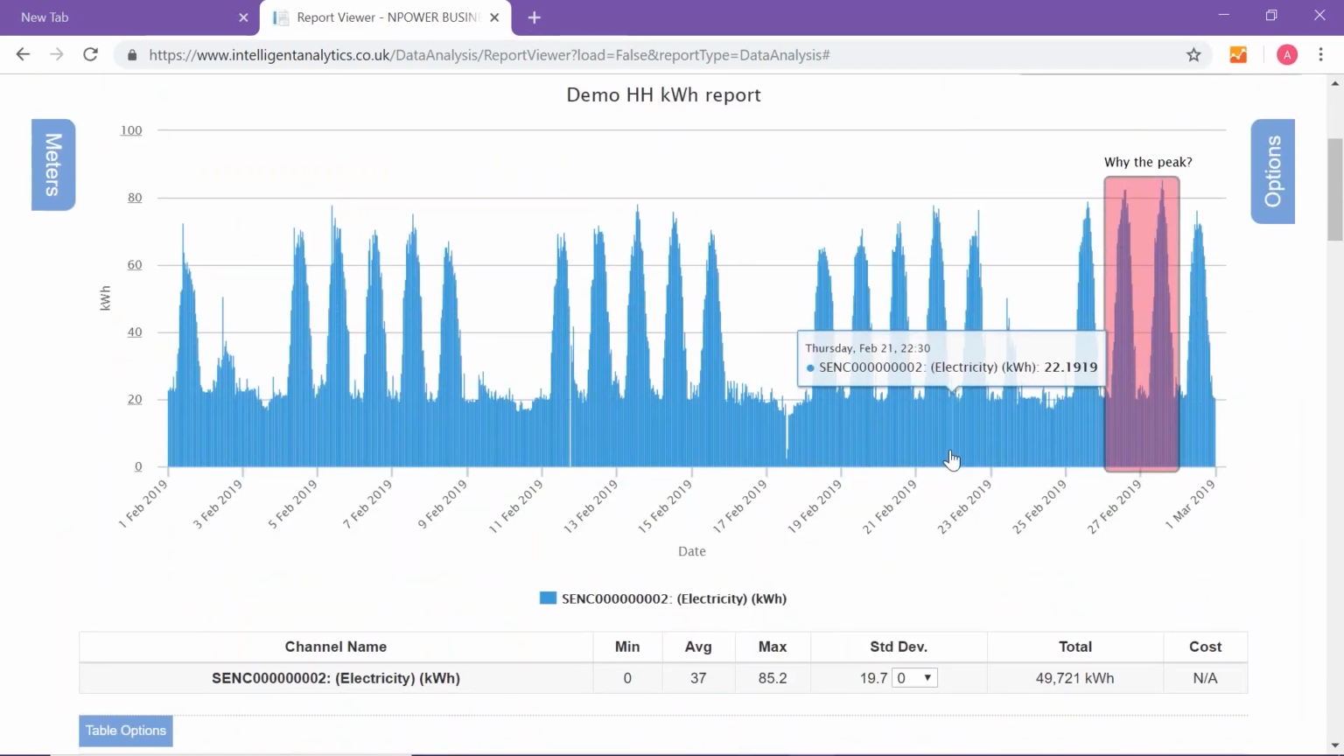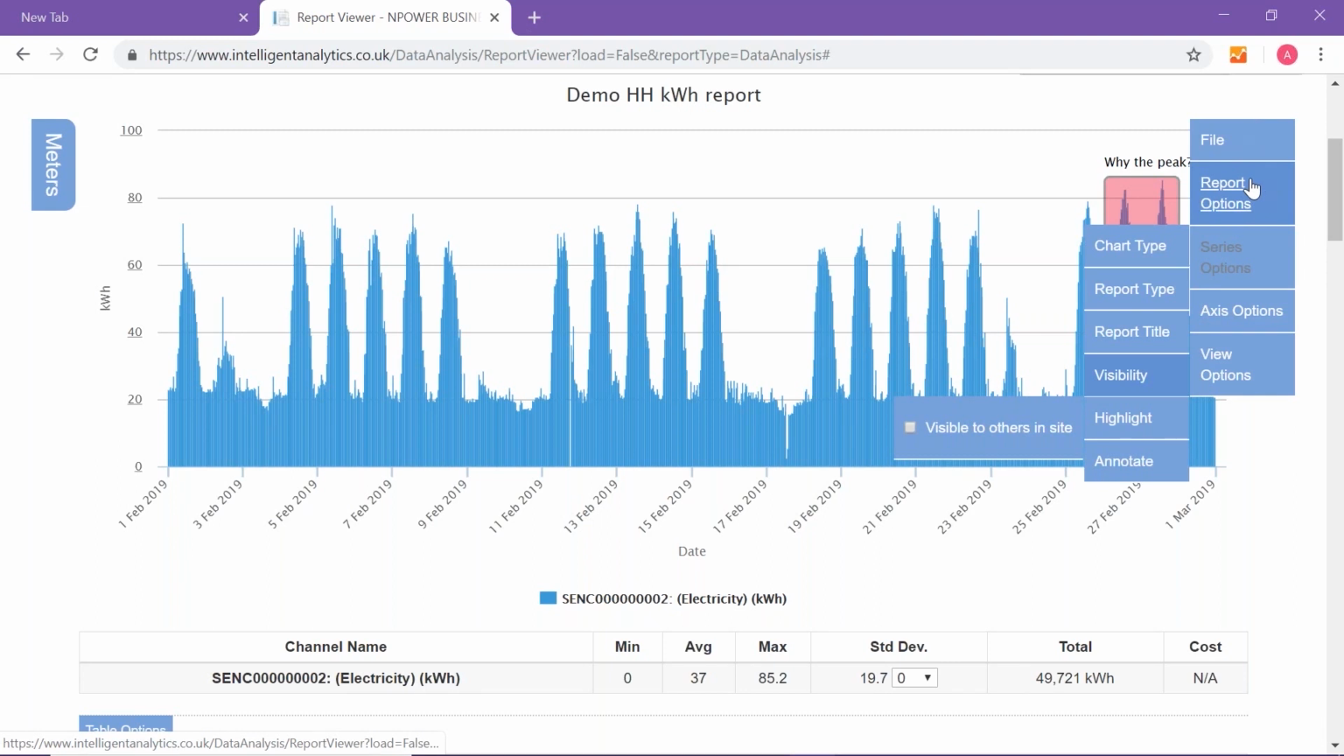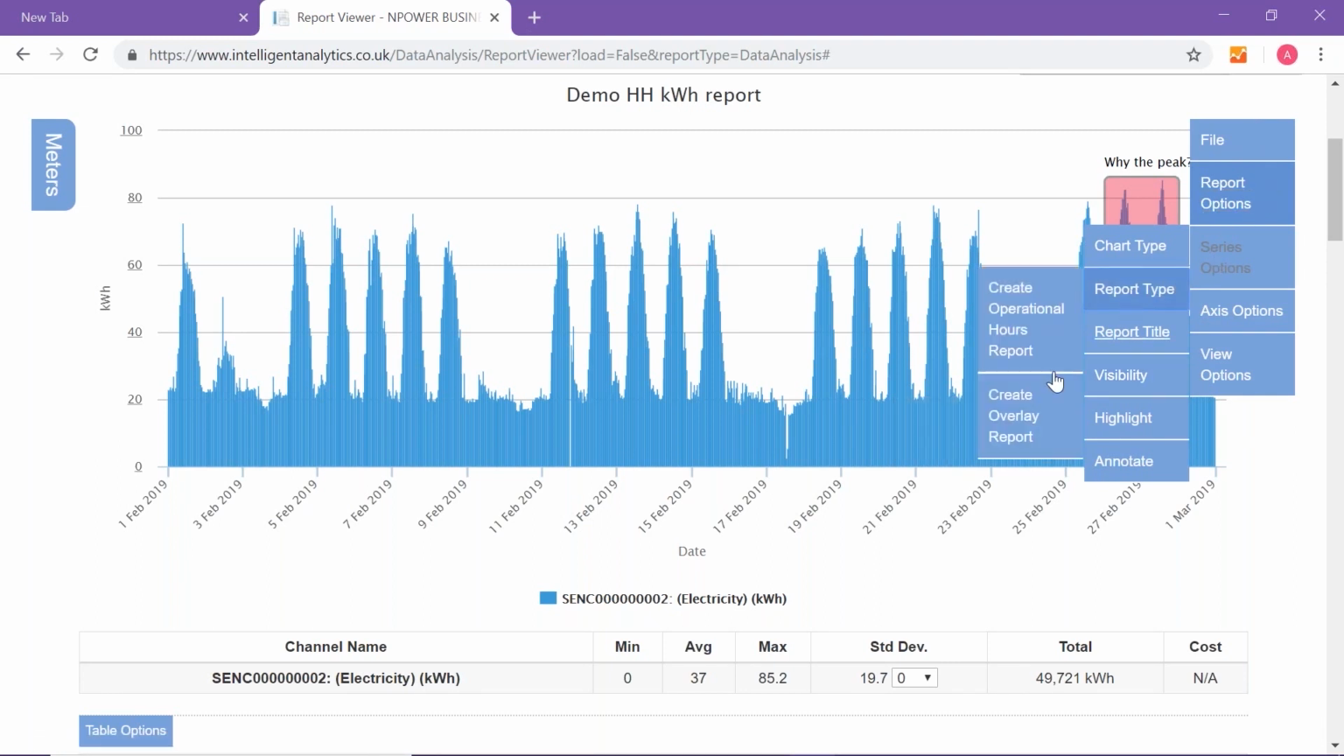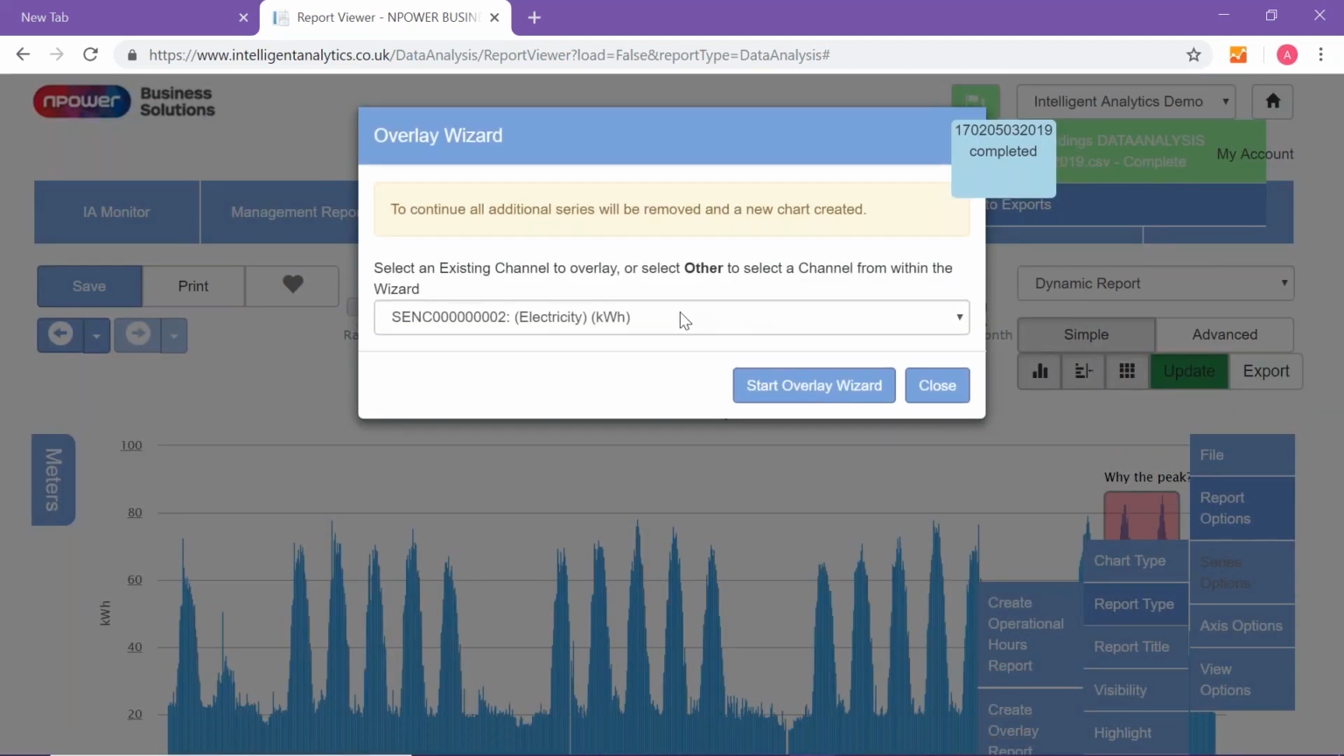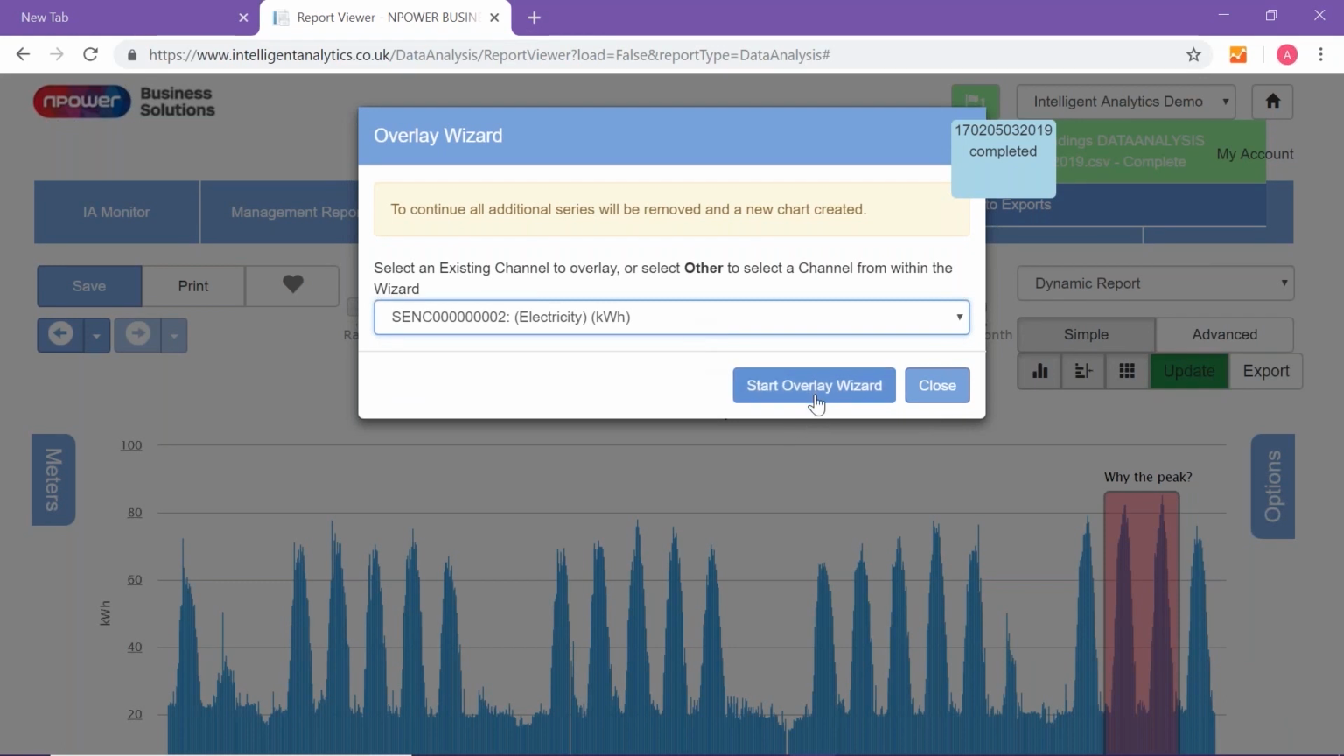If you wanted to compare the data one time period against another for the same meter, select the Options tab and come into Report Type, and we'll select Create an Overlay Report. From here you can select your meters. I'm just going to keep with the same one that's already selected. So start the overlay wizard,